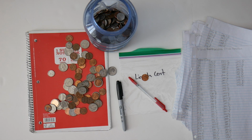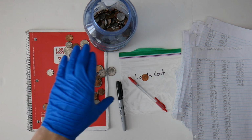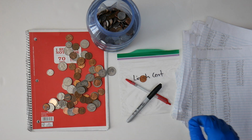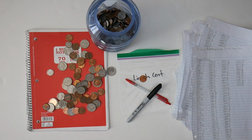So yeah, but if you're a beginner and you're wanting to start coin collecting and you're not wanting to spend a ton of money, I would definitely recommend just starting out with a notebook, a Ziploc bag, a pen, maybe find a Sharpie to write on the bags, and that's it. And then just get some spare change that you have, or if your parents have them if you're younger,